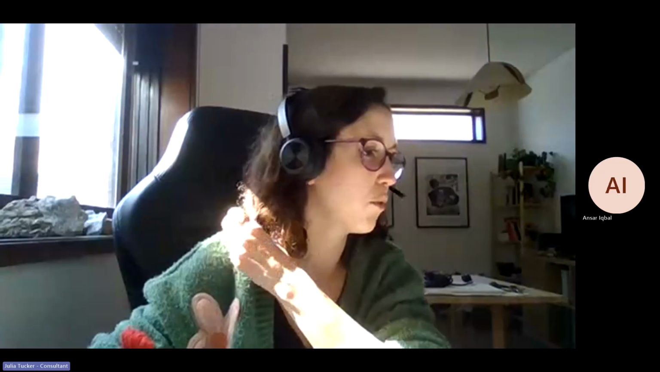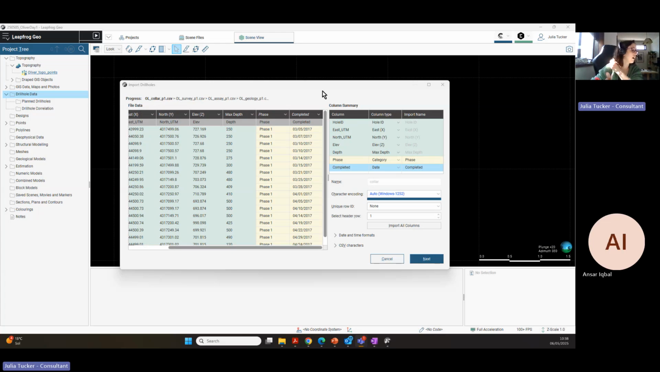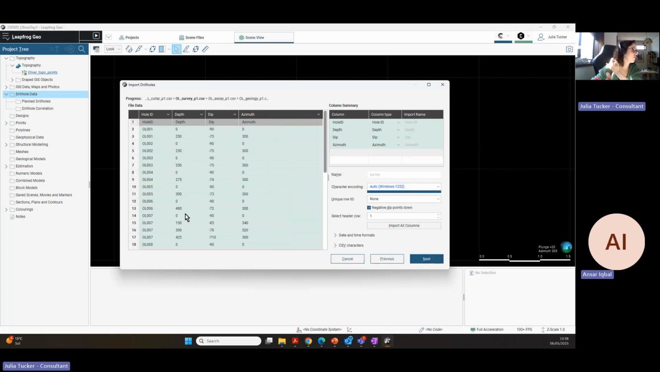A little bit faster, the workflow that we have done yesterday. So now that I am importing the color, we are going to the next. We have the survey. On the survey, we need to take care of the hole ID, the depth, the dip, and the azimuth. We have everything here. If the program wasn't understanding what this is, we can just expand here and